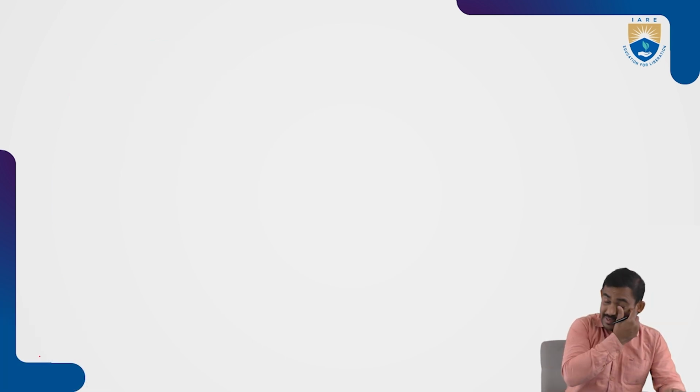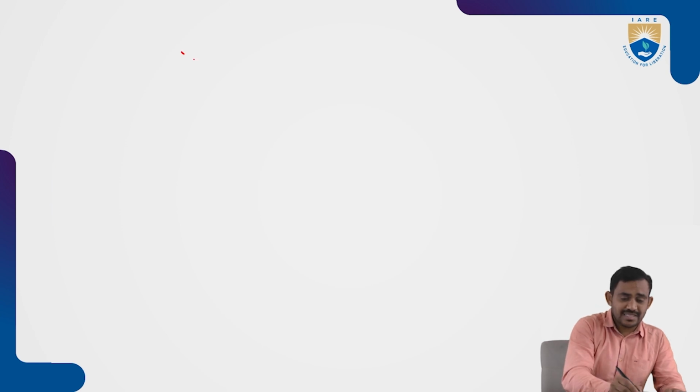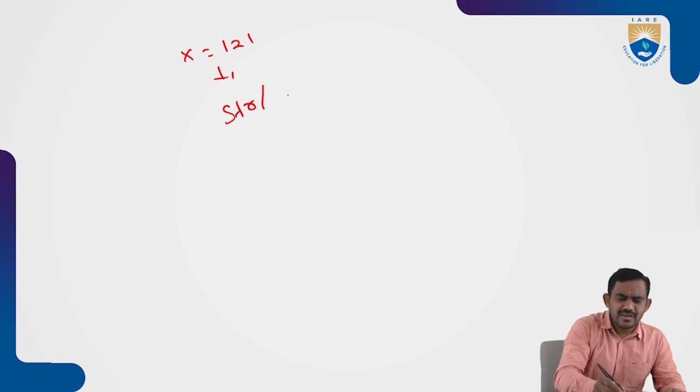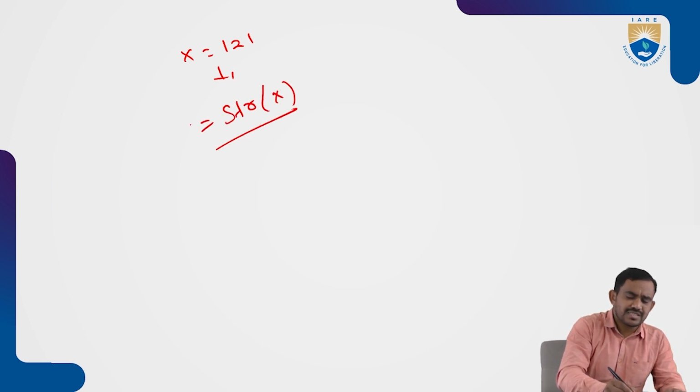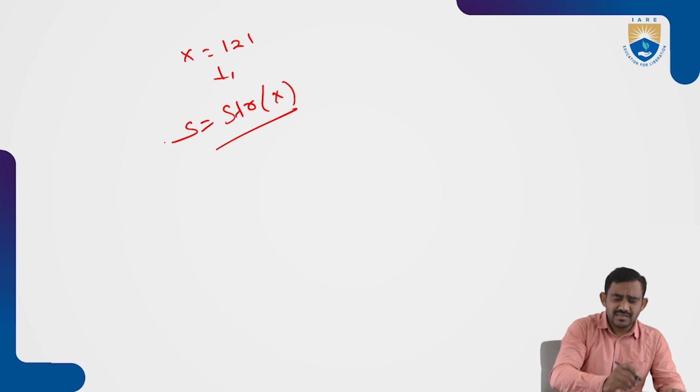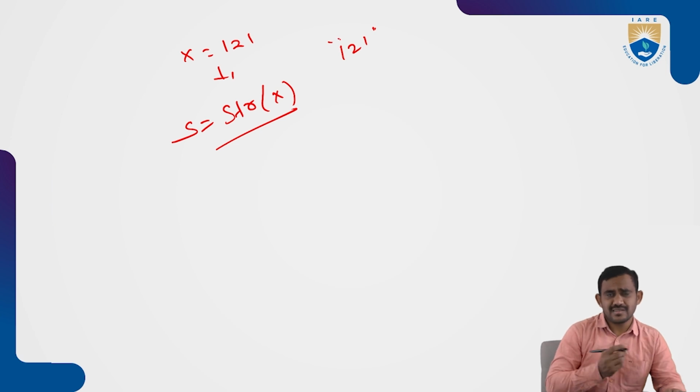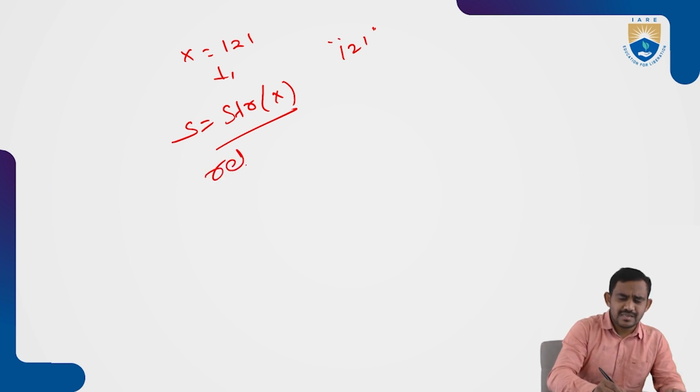And then coming to our simple logic. So my x equal to 121. I want to convert it into a string. The simple keyword is str of x. Suppose this is the string value, single line, s value. I converted 121 into a string. Then the return statement, return x is equal to